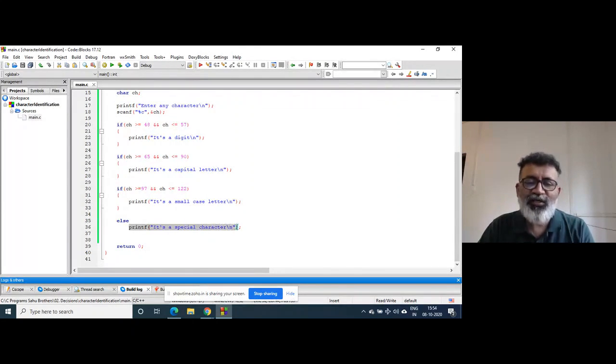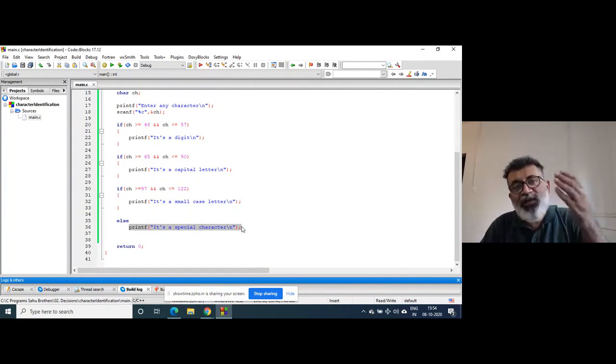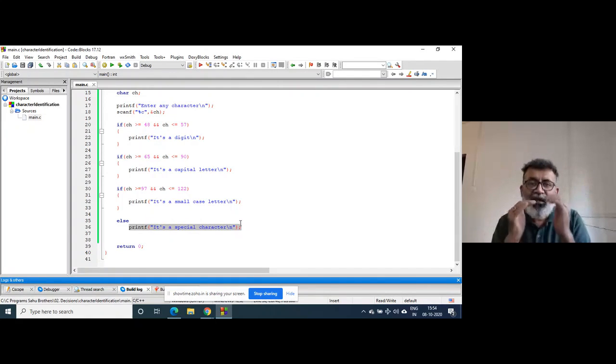This is executed because this else is connected with the nearest if. Suppose this condition is true, this is not going to be executed? No. When this condition is true, this is false, and since this is false, this is executed.